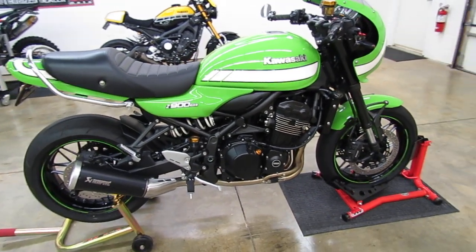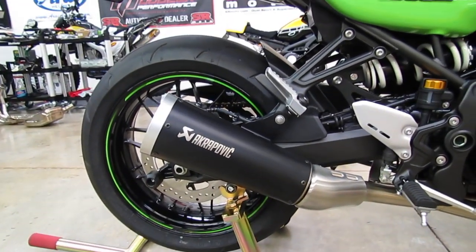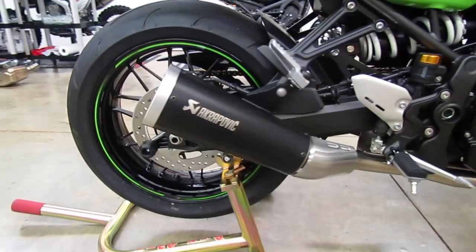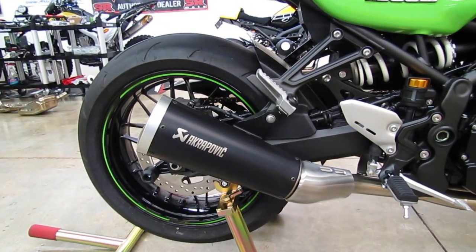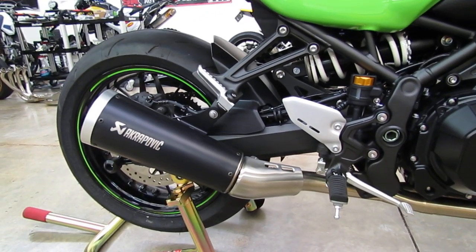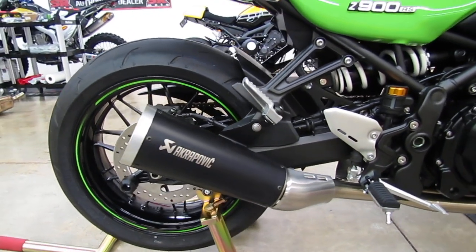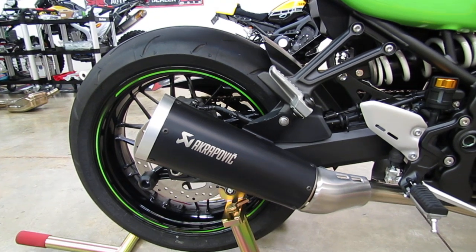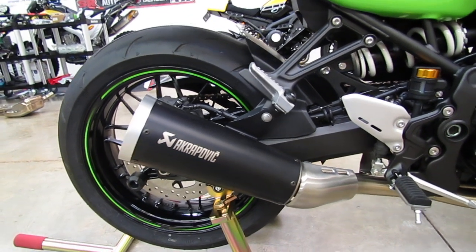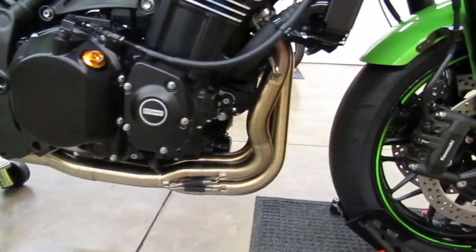First off, the exhaust. We did an Akrapovic titanium muffler, which I really like the look of on this bike. I like the black. The stock muffler on these bikes is one of the nicest looking mufflers on the market, I think, but I kind of like the look of this one as well, and I think it's got the potential to sound a little bit better. It is made out of titanium, so it's a little bit lighter than the stock muffler, although not much. And then we've also done an Akrapovic header